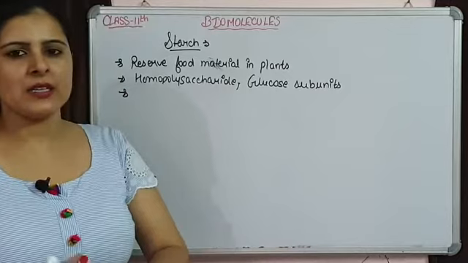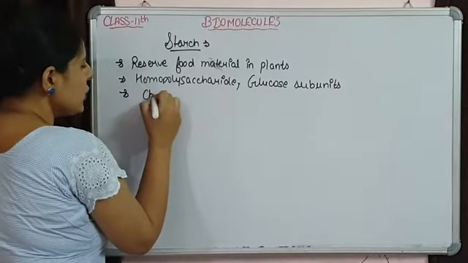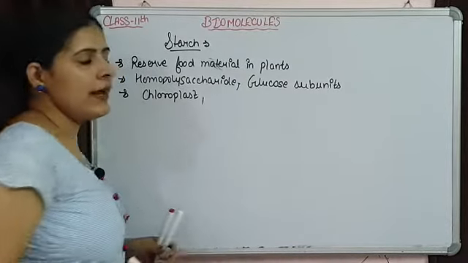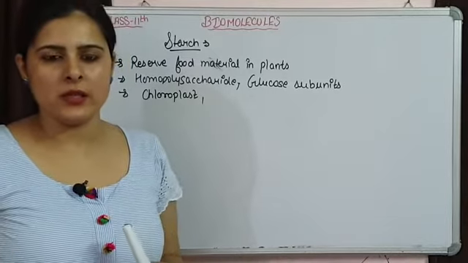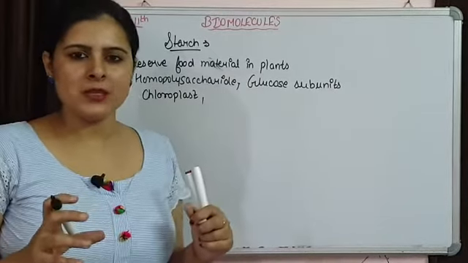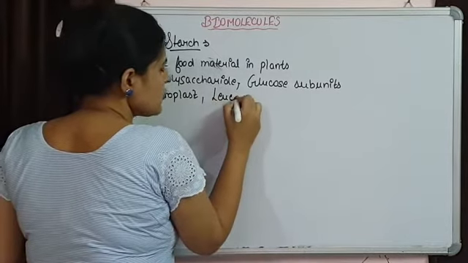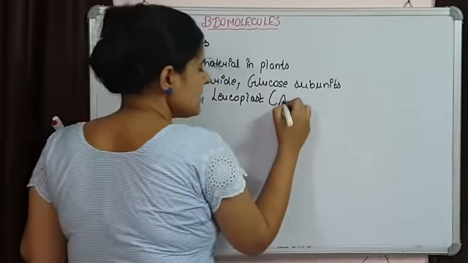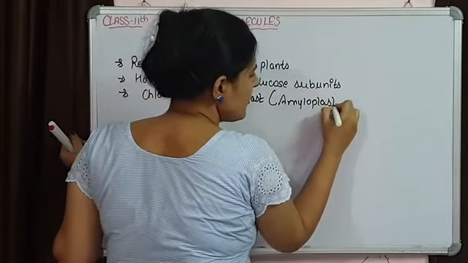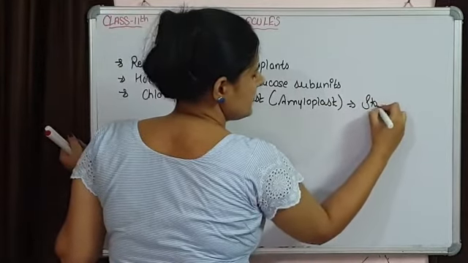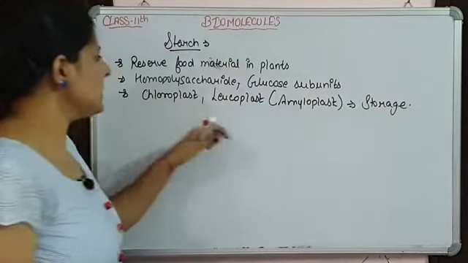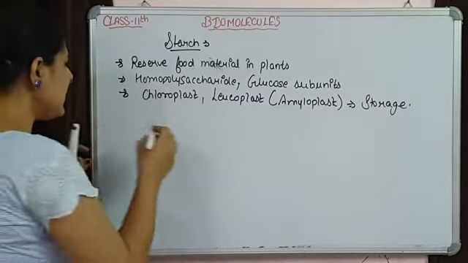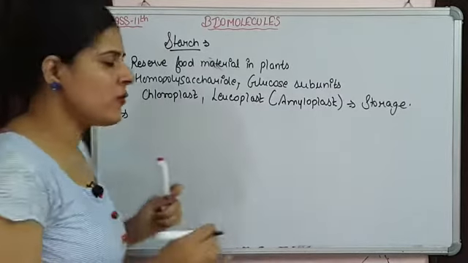अगर हम starch की बात करते हैं then this starch is going to be stored in chloroplast. Chloroplast में store होता है and it is also stored in amyloplast. We talked about leucoplast. तो leucoplast is used for storage purpose and there are different types of leucoplast like amyloplast that is responsible for the storage of starch. So this is where this starch is going to be stored. Now what is present? Basically जो starch है that is present in form of starch granules.